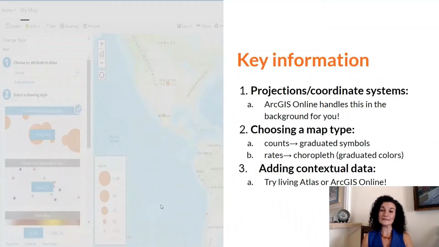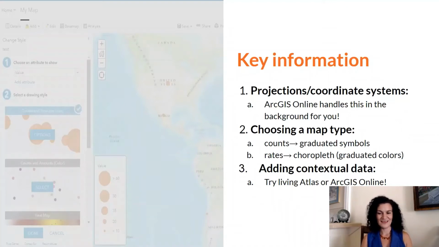If you're looking at rates, however, so maybe cases per 10,000 population, then you could use what's called a choropleth map or a graduated color map. And you might often see, for example, in popular media, sometimes you see counts shown as a choropleth map. And that's one of the cardinal rules of GIS: counts are shown as graduated symbols, rates can be shown